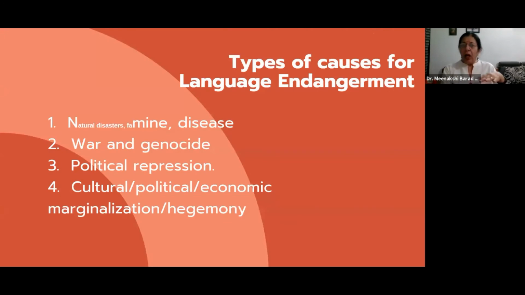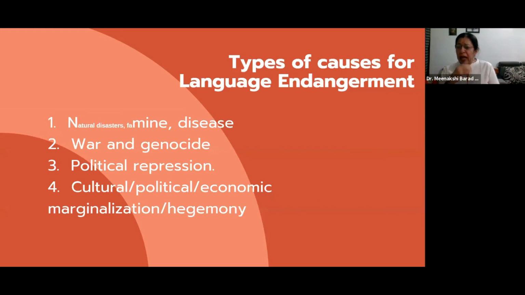There are 4 main types of causes. So there are firstly causes that put the population that speak the language in physical danger, like for example, natural disasters, famine, disease. Okay, so the next is war and genocide, like examples